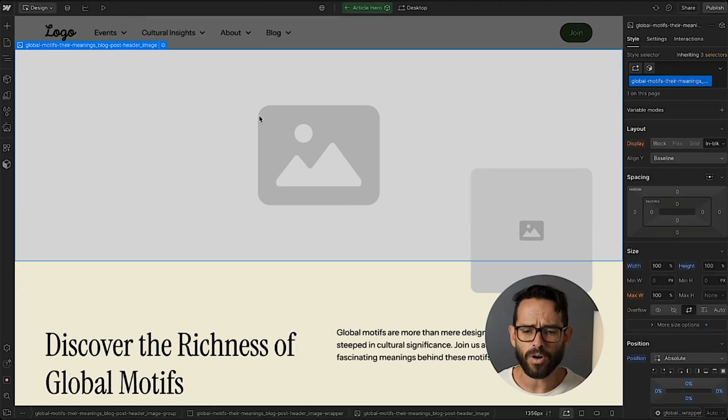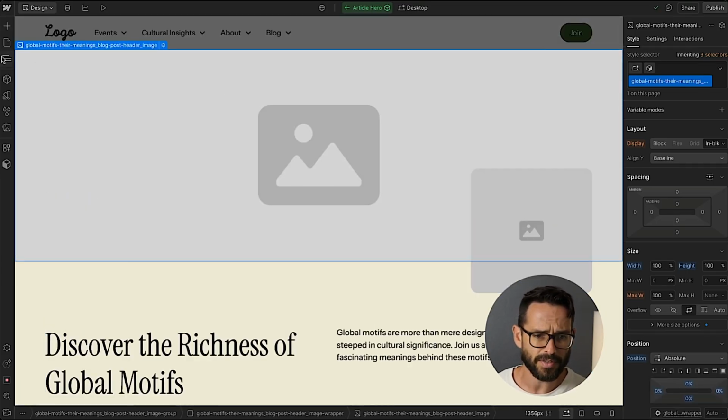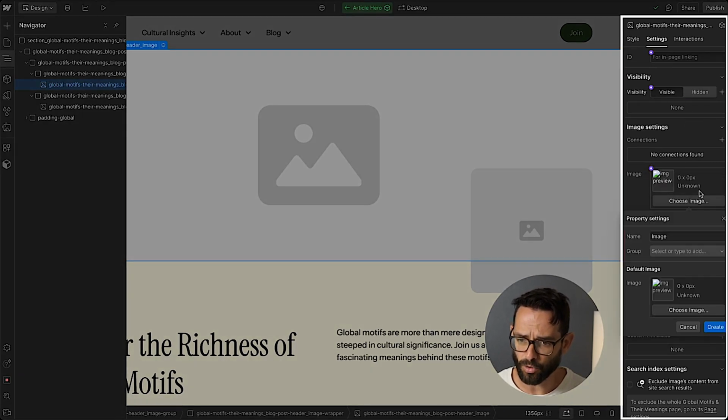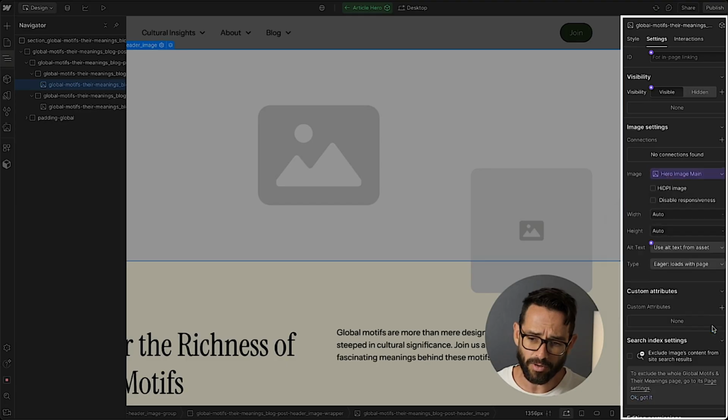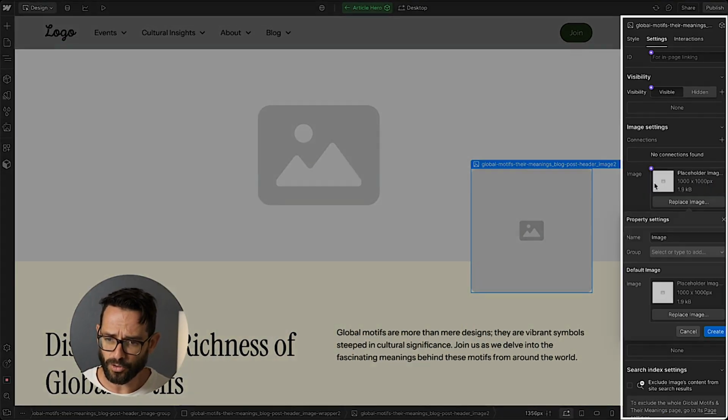Fantastic. Okay, so now we want to make this component editable, which means the clients will be able to replace the image, the article author, and then all of these texts. So for this image, let's see that we have selected the image. Fantastic. From the settings panel, let's turn that into a property and we'll call this hero image main. Fantastic. I'm not going to select an image right now because it doesn't matter. This is a placeholder image and this image works well for me. We'll select this one and add a new property. For this one, we'll call article author